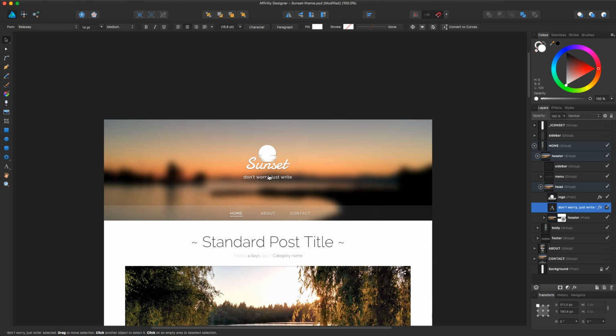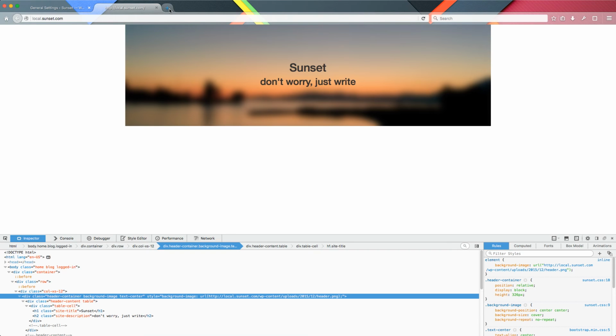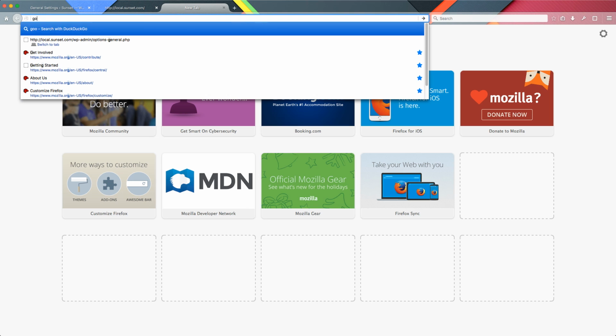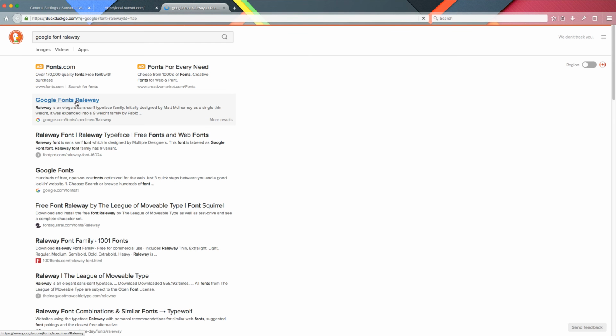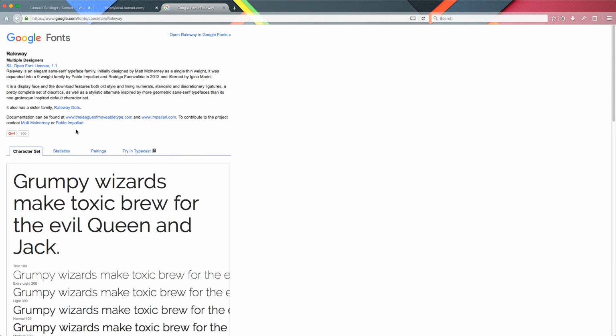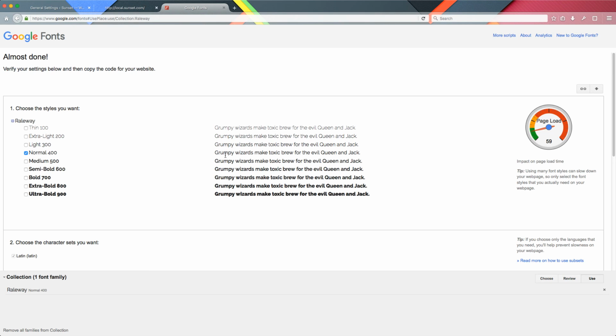So let's do that. Let's access our browser and search for Google Fonts Raleway. That is the font that I'm using. Let's access the specific page and open Raleway in Google Fonts. So let's check what we want to use in our site. This is really nice because we can check which font weight we want to use with which style, if we need extra thin, extra light, or just simply light. So I know that I want to use extra light,